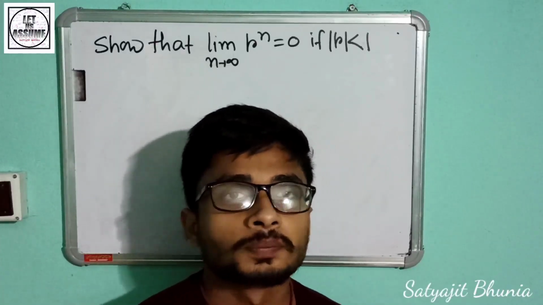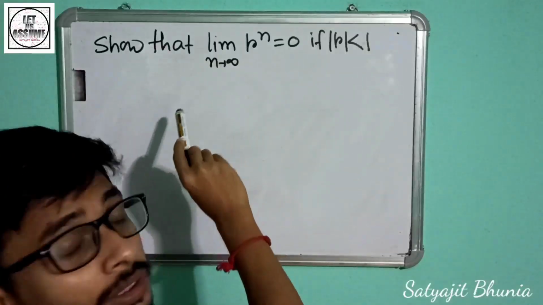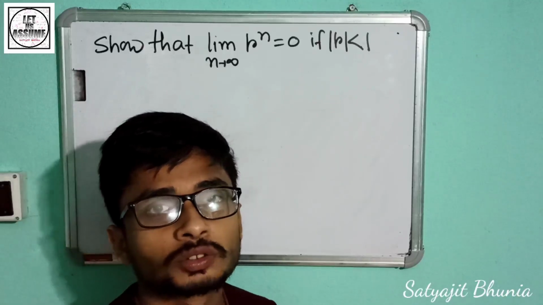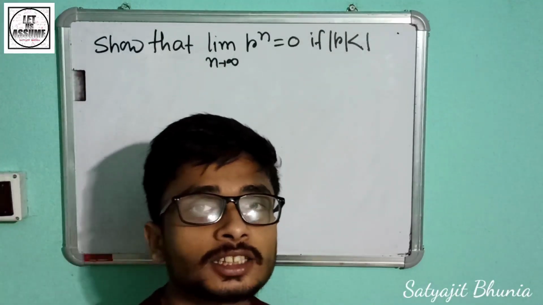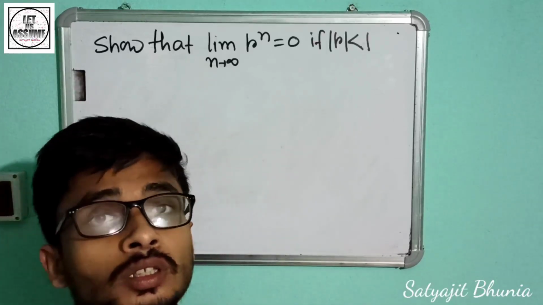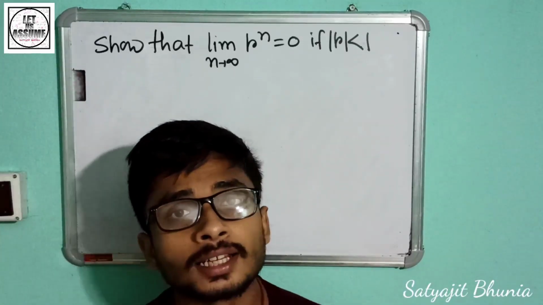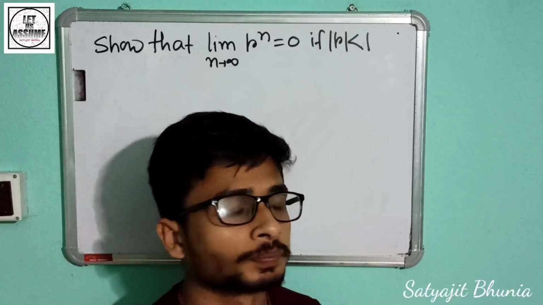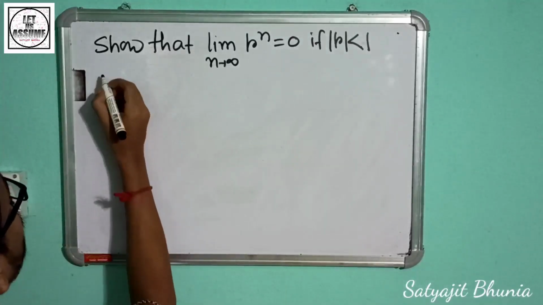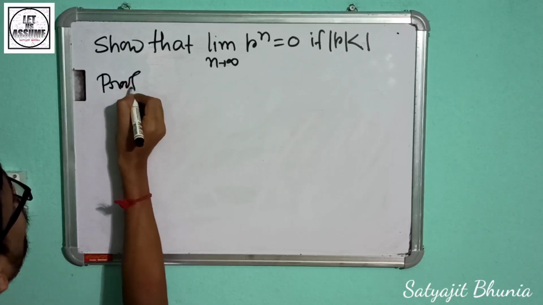আমরা আজকে সিকোয়েন্সের একটা অঙ্ক করব। অঙ্কটা হচ্ছে, show that limit n tends to infinity r to the power n is equal to 0 যখন mod of r less than 1। ওকে, ওর প্রুফটা আমরা করব। সো ফার্স্টে আমরা কি করব, দুটো কেস আসবে।